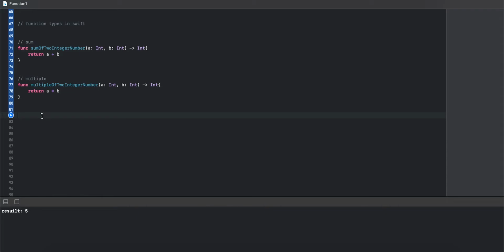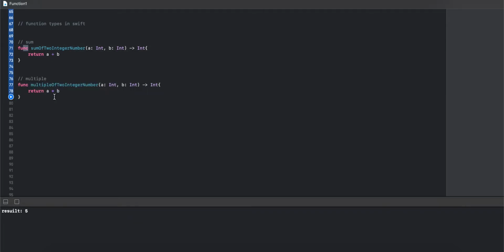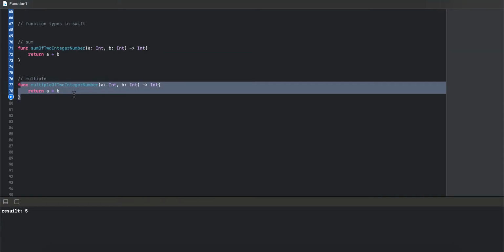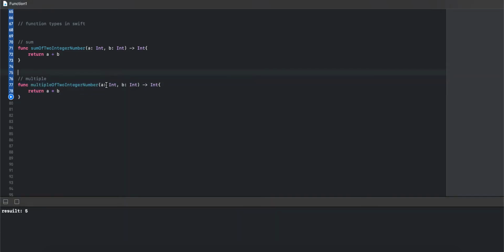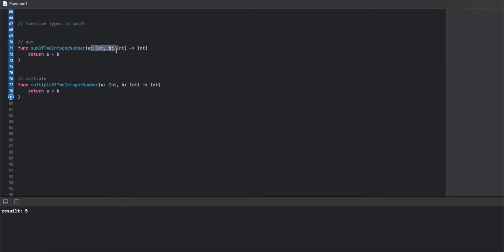So this example defines two simple mathematical functions called sum of two integer numbers and multiply two integer numbers. Each function takes two integer values and returns one int value.